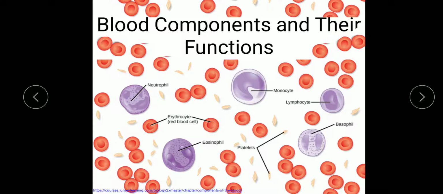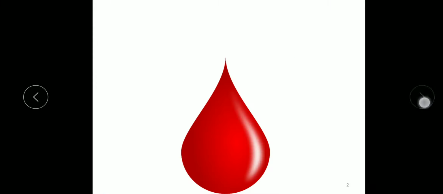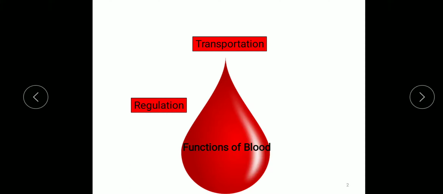This fluid, which is mostly water, perpetually suspends the formed elements and enables them to circulate throughout the body within the cardiovascular system. What are the functions of blood? The primary function of blood is to deliver oxygen and nutrients to, and remove waste from, the body cells. The specific functions of blood also include defense or protection, distribution of heat and maintenance of homeostasis.